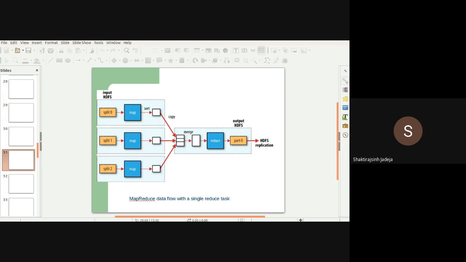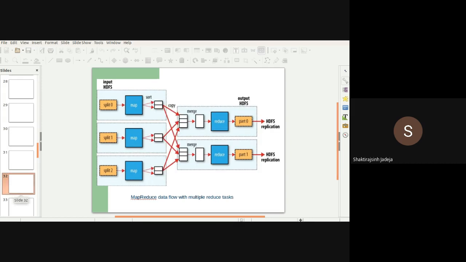There can be multiple, because in parallel you can have a number of maps, a number of reduces, and also a number of outputs. So you can even have copying into different systems with different splits, so that if you have a mechanism that requires all the input from different systems, it can also work.